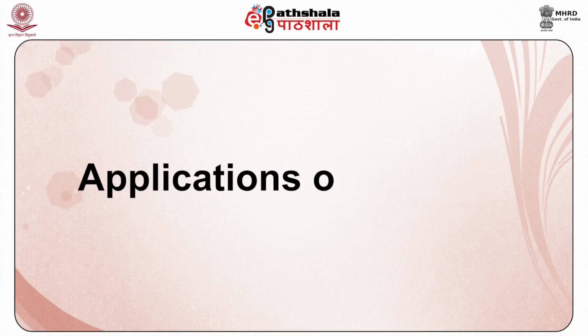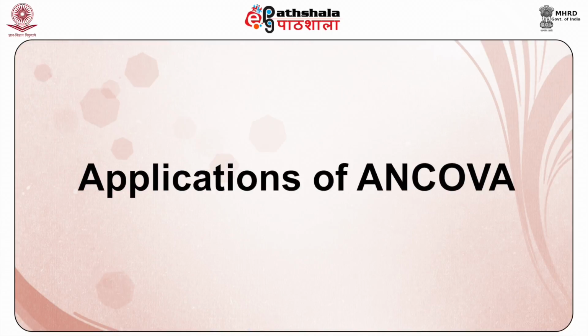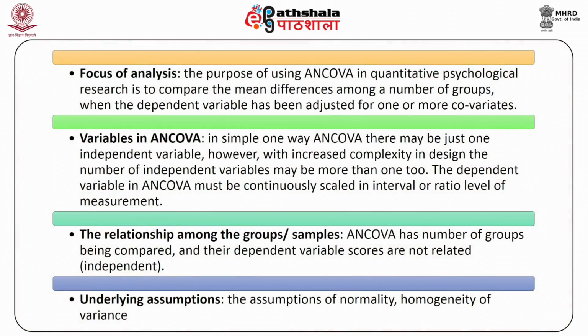Let us look into the prerequisites for the application of ANCOVA to the research data. The purpose of using ANCOVA in quantitative psychological research is to compare the mean differences among a number of groups when the dependent variable has been adjusted for one or more covariates. The variables in ANCOVA: